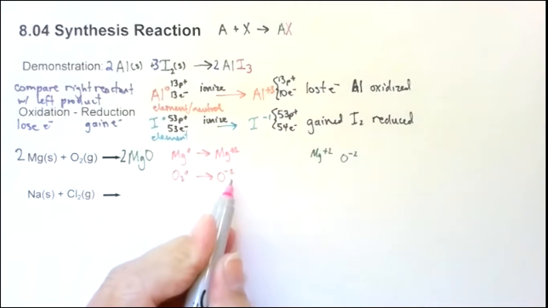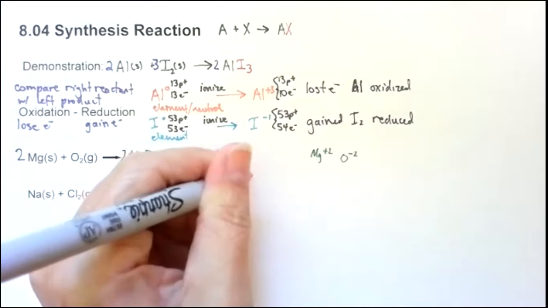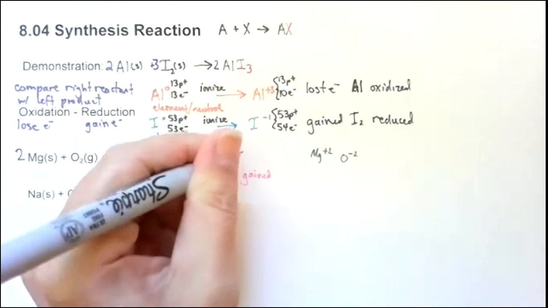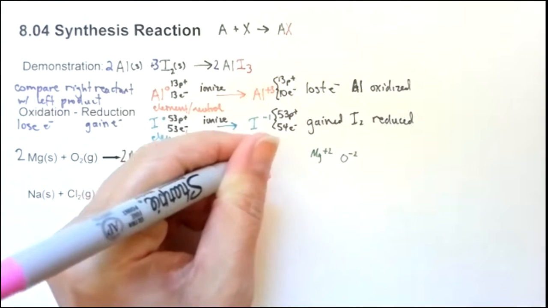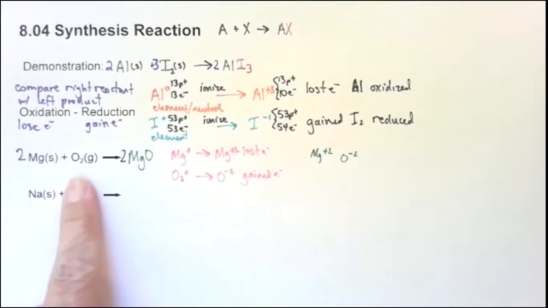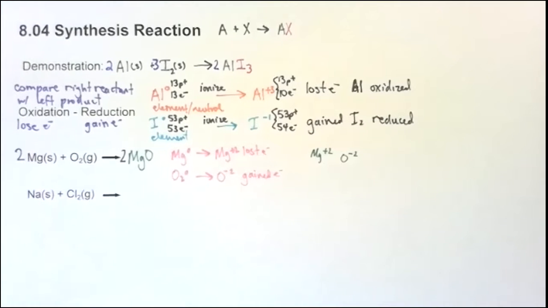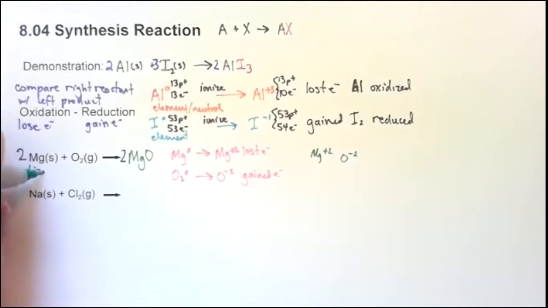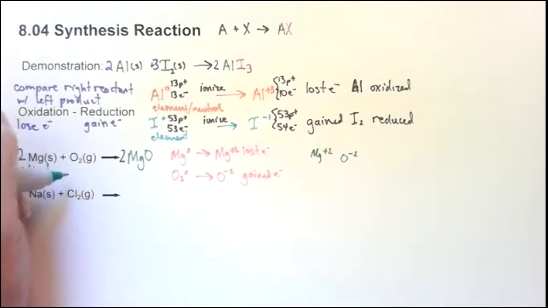If I added negative charges, that means I had to have gained. Positive charges means I lost electrons. Here I gained electrons. So once again, the metal was oxidized and the nonmetal was reduced. So we say that magnesium was oxidized, O-X-I-D-I-Z-E-D, and